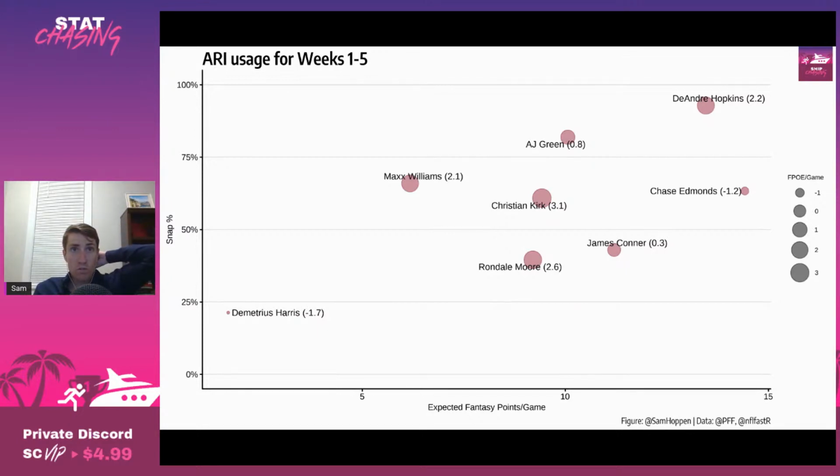Max Williams, unfortunately, is out for the season. He was having a solid start. I think, if the Eagles are willing to trade Zach Ertz, maybe the Browns are willing to trade David Njoku, I think this would be a fine spot for either of them. But talking about the remaining pass catchers, this was requested by Pete, specifically wondering about Rondale Moore's usage.